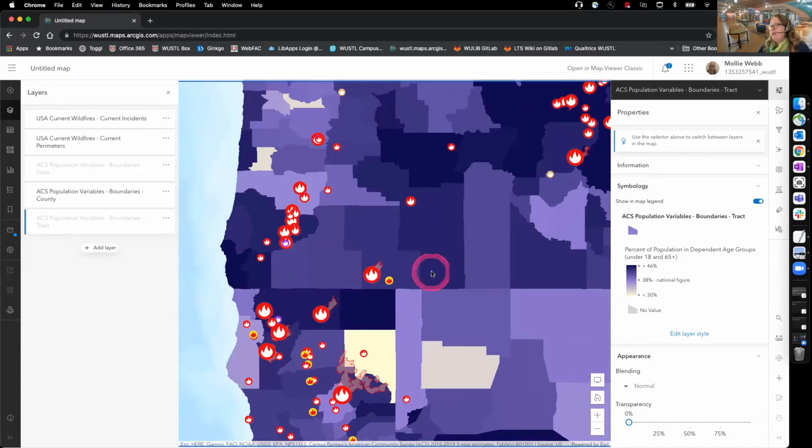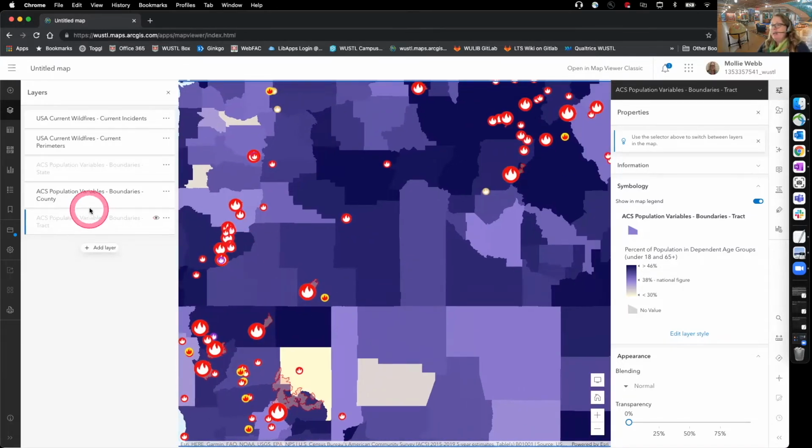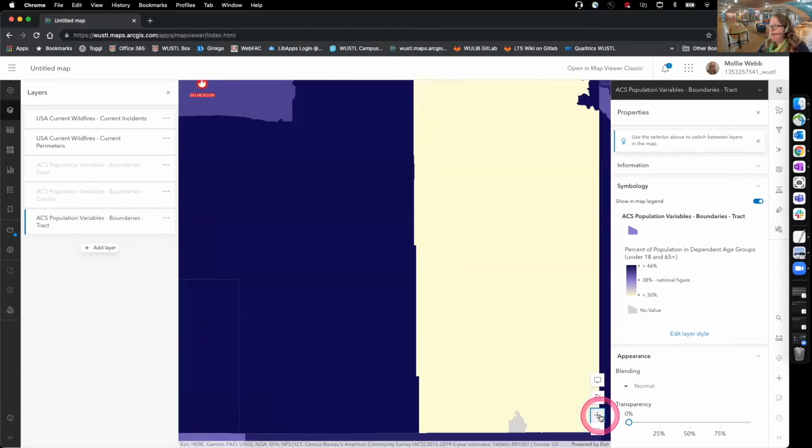Okay, another thing that I want to point out here is that with our population variables, these layers are actually scale dependent. So I can see that when I brought in the population values, I got the state boundaries, the county boundaries, and also the census tract boundaries. Right now at this zoom level, we're seeing this data by county, but then if I zoom in a little bit more,